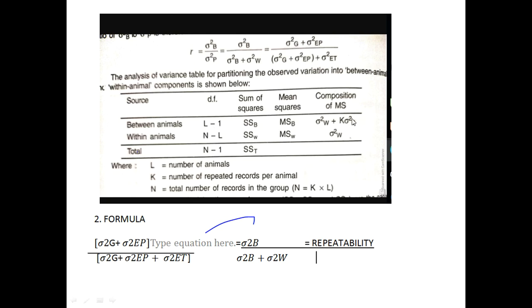As you can see, this will be the composition. In that case, we will be equating this with this and this with this, and by 2 equations, 2 variables, similar to what we did in heritability, we will be finding sigma square b, sigma square w, and then we will be finding the repeatability. This last one, repeatability by this ANOVA, that is this sigma square b and sigma square w method, and first and second genetic correlations of these two things, is the last part of genetic parameters.